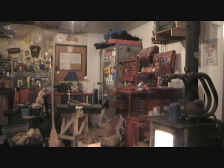So not a lot going on, just kind of getting stuff ready in the garage here. Little jobs that have to be done so we can drywall. I had some fluorescent lights up and stuff like that, and trying to get that done,